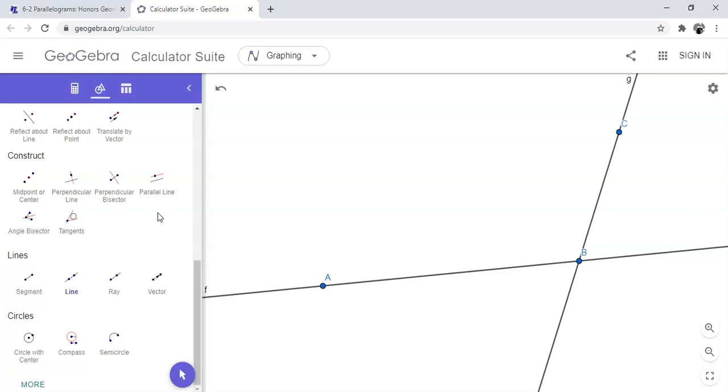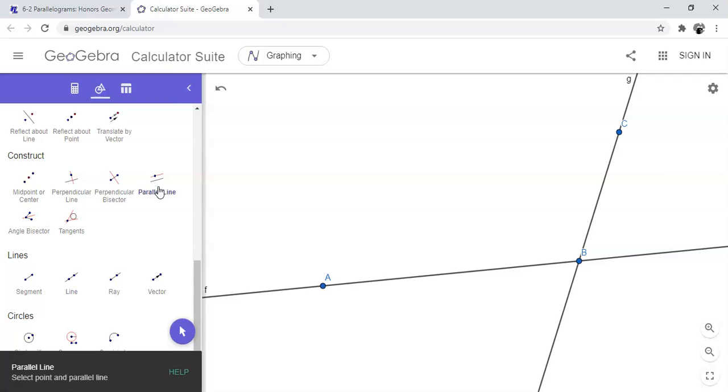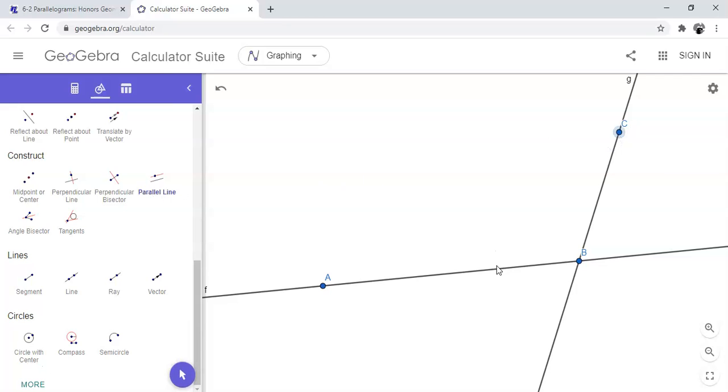The next thing we're going to do is, right above where it says lines, that we just clicked on, we have construct. And so we're going to construct some parallel lines. So we're going to click on that. It says select a point and parallel line. So you're going to select point C and the line AB. Make sure that you do not select the point A or B. You want to select just somewhere on the line, and you'll see that it constructs a line parallel to A